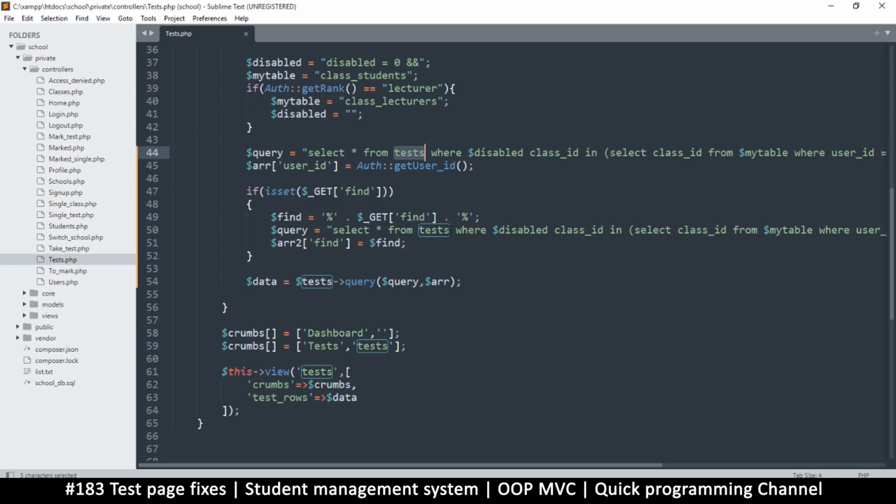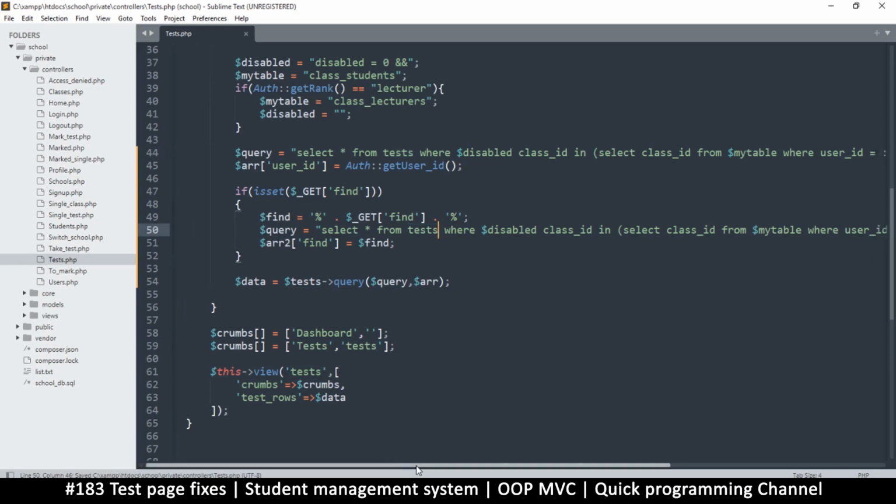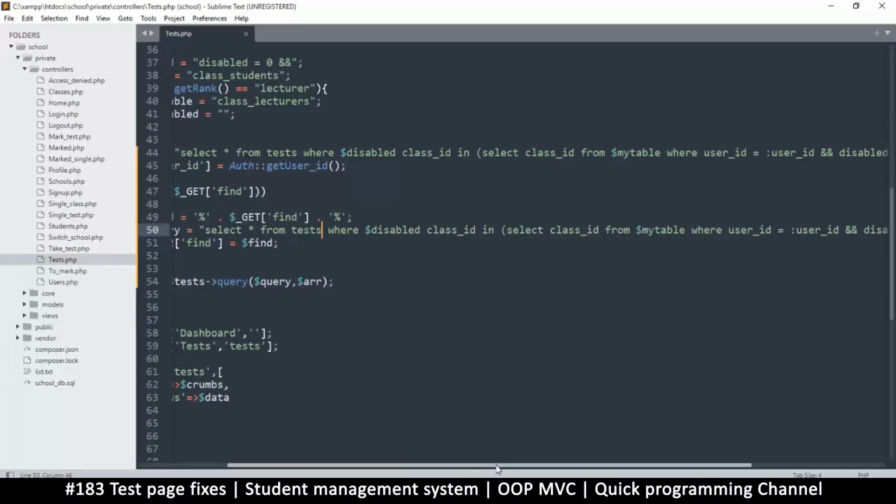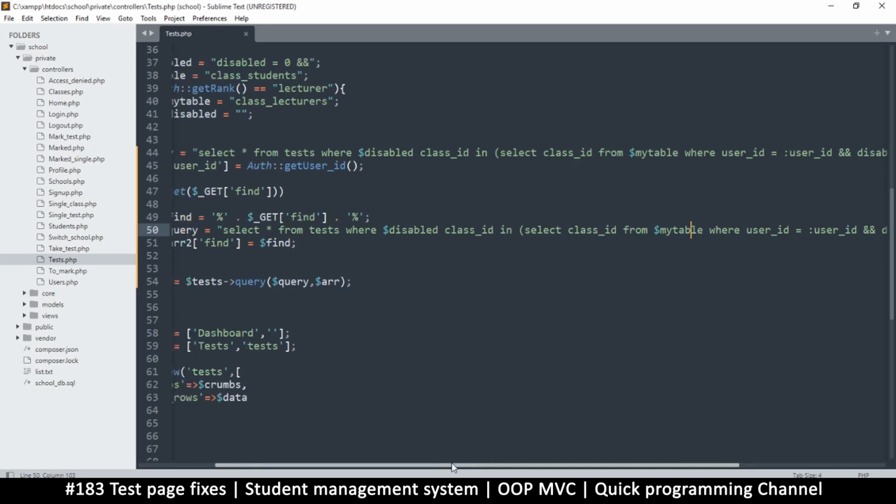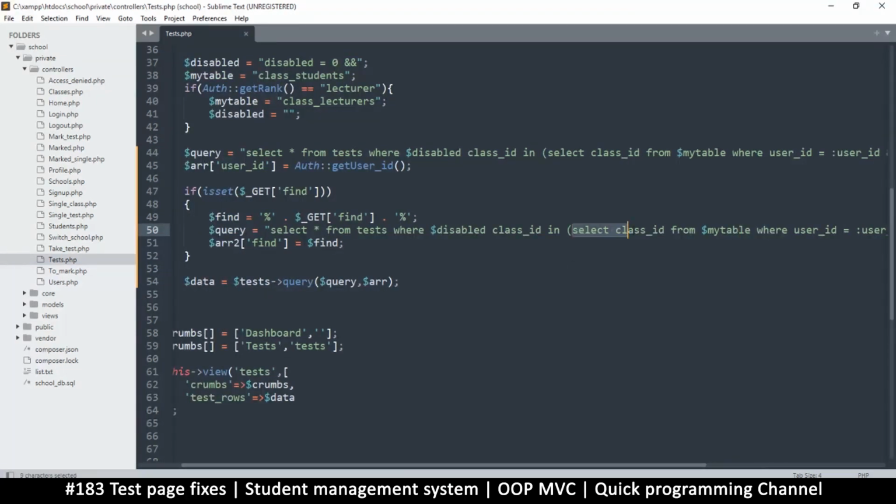So if somebody is looking for a particular test, they'll need a title, but that test should be part of the tests that they take from their classes, which is what this query already handles. The only difference is that we are looking in this set of tests for a very particular one where disabled is 0, of course, but the class ID is in here,